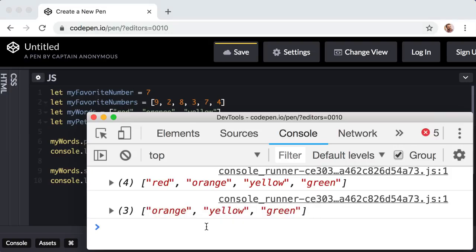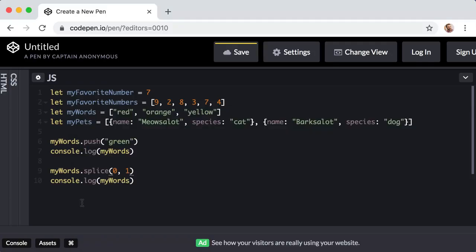Perfect. And this concept of the numerical index is also how we can access the value of a particular item in an array. So for example, let's take our My Favorite Numbers array, and let's imagine that we wanted to access the value of the third item in the collection. So we know that it's a value of 8, but if we wanted to access it programmatically, down here at the bottom, we could say